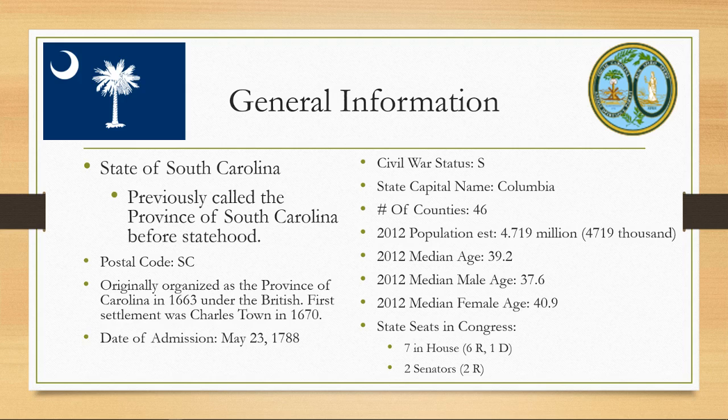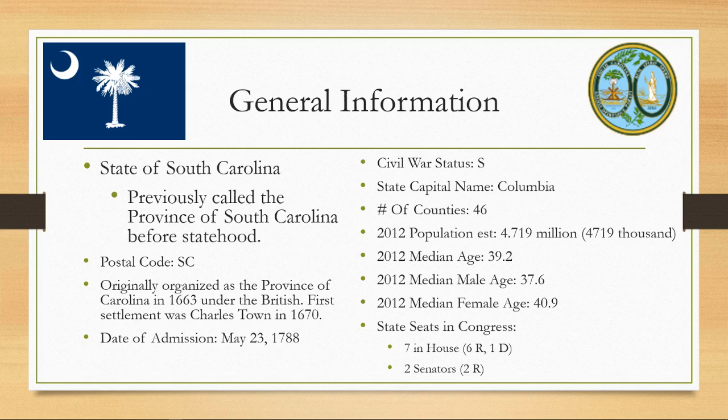General information about South Carolina. The state of South Carolina is actually just called the state of South Carolina. It doesn't have a special name like some of the other states do. But when it was part of the British American colonies, it was called the province of South Carolina. It was originally organized as this province in 1663 under the British, and its first settlement came 7 years after